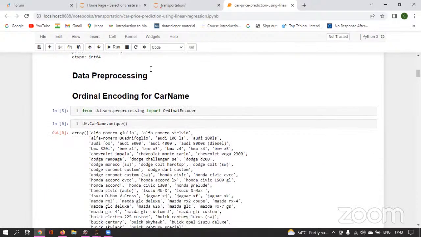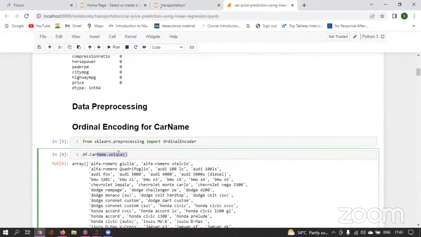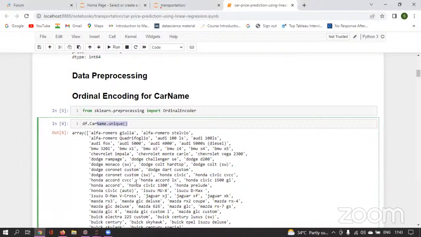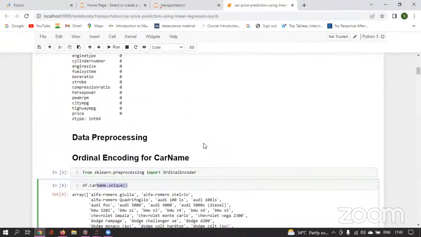Then I'll look at the unique car names. How many unique cars do we have? These are the different unique car names, like Alfa Romeo, Honda Accord, Civic. These car names are not a useless feature.